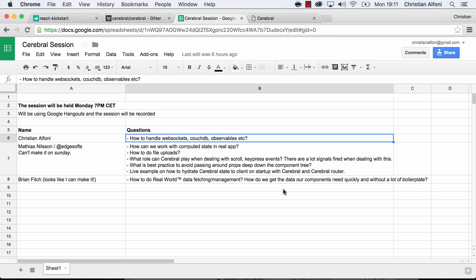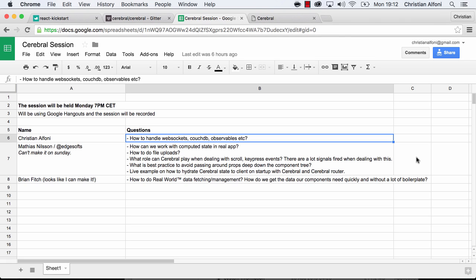But maybe we can start out by talking about how you handle other kinds of events than interaction. I view them as being related. If you think about where Cerebral came from and what's happening now: it started out in the context of Flux, to help me handle client-side state. Now the next iteration of that idea is